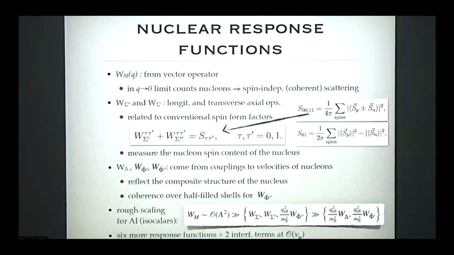There were 2 response functions, sigma double prime and sigma prime. These measure the longitudinal and the transverse parts of the spin operators. That's different from what was done before, but very familiar from dark matter. There's a preferred direction, so there will be longitudinal and transverse pieces that enter. So there are 2 response functions associated with the spin, not 1. In the long wavelength limit, they are the same, up to some normalization factor.